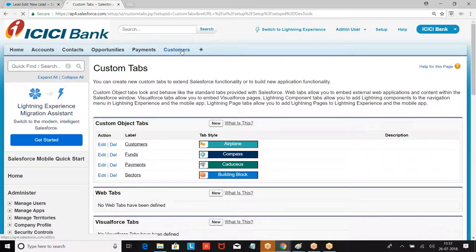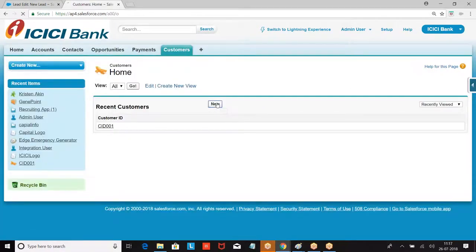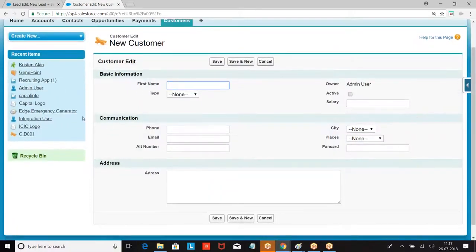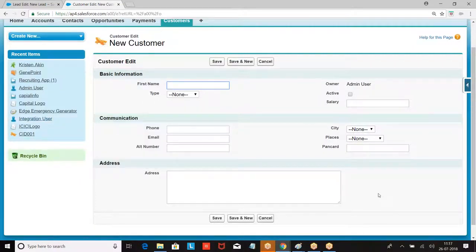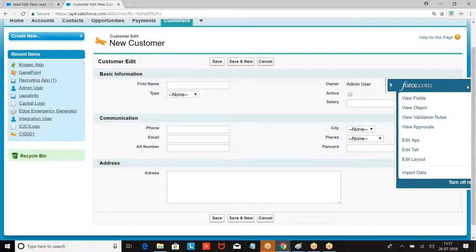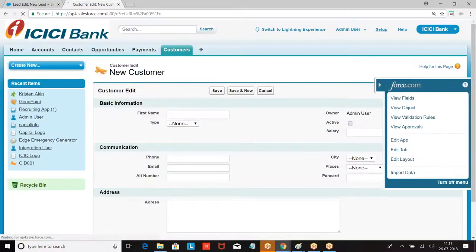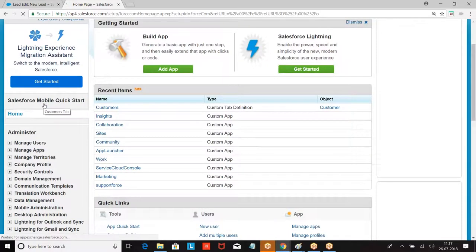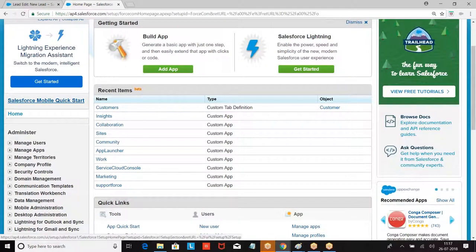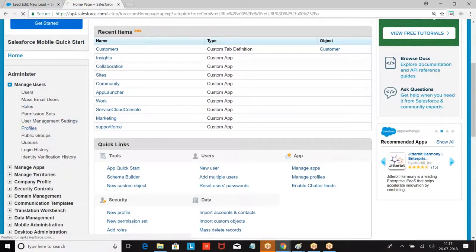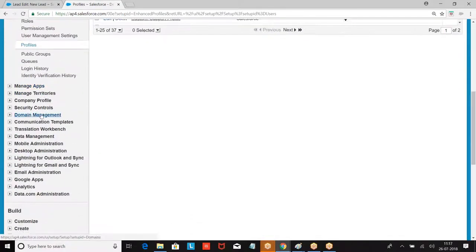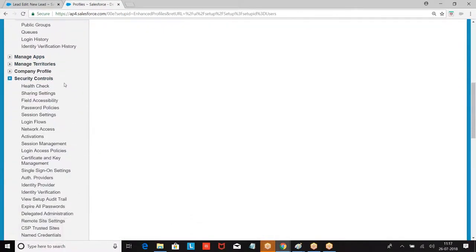What we have here? Customers. Go to the customer. When you click on new, what is the order in which you are getting the fields here? First name, type, we are getting this type. We organize these fields. Still you are not finding the last name. Again, somebody modified the permission on the field. Do not modify, because when I keep changing the topic, you will not understand. Because I need to go to other topics to modify, you will not be understanding the flow. Do not modify any permissions on this. Now we are going out of the topic and making some changes, which he doesn't know what I'm doing.